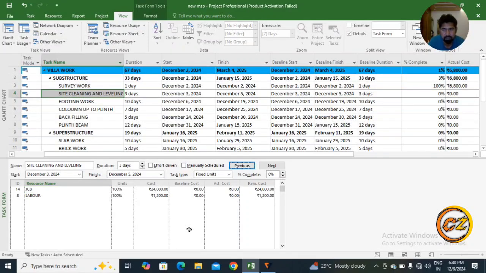Now you can see here JCB 100%, 24,000 rupees, because we are paying 1,000 rupees per hour. One important thing: site cleaning and leveling work will take 3 days to complete, so by default MSP has taken 3 days. So 3 days into 8 hours is 24 hours, 24 into 1,000 is 24,000 rupees. That's why we have to put fixed duration here. And now you can change it according to your requirement, like JCB